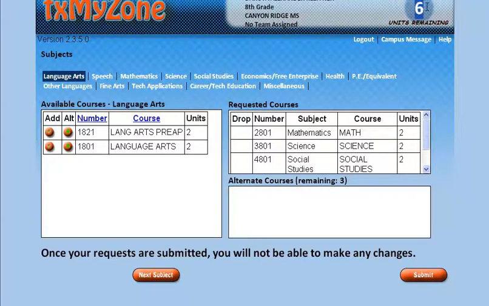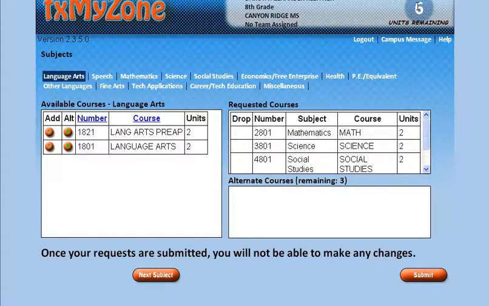The first thing I want to draw your attention to is up in the right-hand corner here. You'll see that you have the number 6. That's how many units you have in your spending account. Notice I said spending and not savings because you're actually going to spend all 6 of those units. When you have 0 units in that little circle over here, you know that you have selected the appropriate number of classes and you're ready to submit. So right now you have a 6, so we need to spend all 6 of those units.